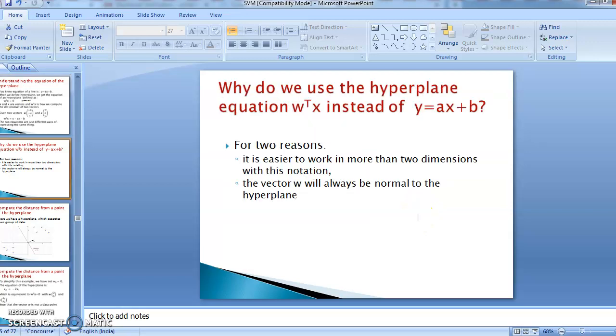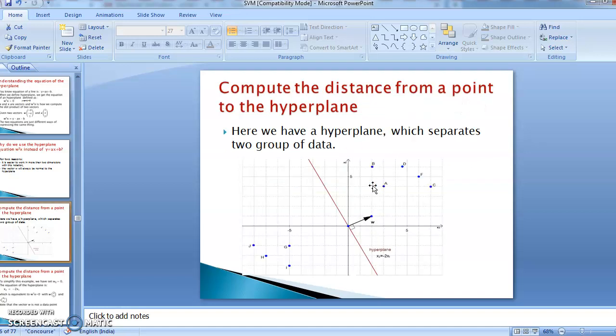So why are we using vectors here? Generally, when we are working with more dimensions, with the help of vectors we can always find the distance from the hyperplane to a given point, because of the concept that any vector originating towards the hyperplane is always normal to that hyperplane. With the help of this property, we will find the distances.